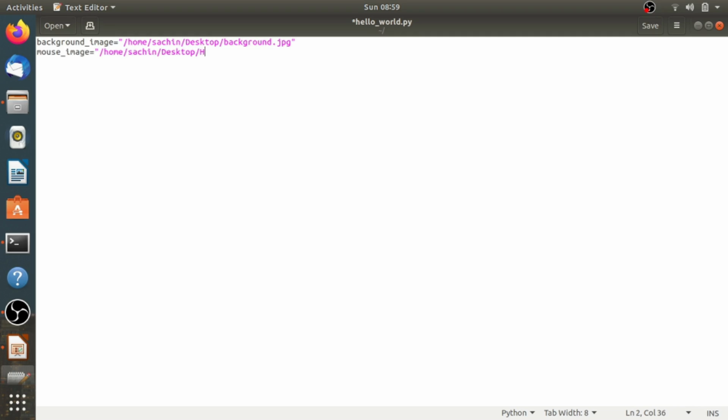Now mouse image is equal to /home/Sachin/Desktop/ and here you have to provide your mouse image name.